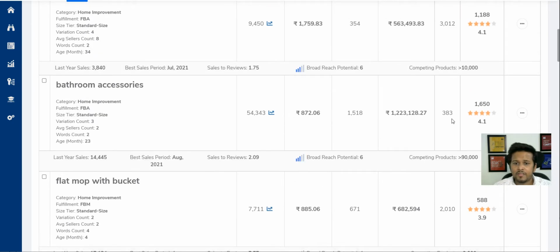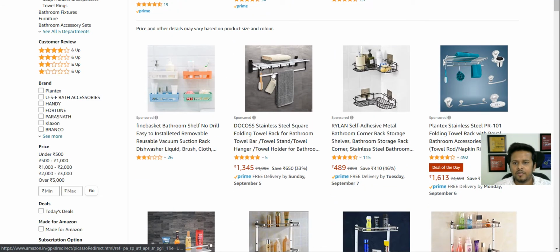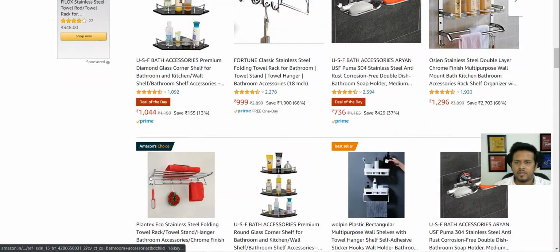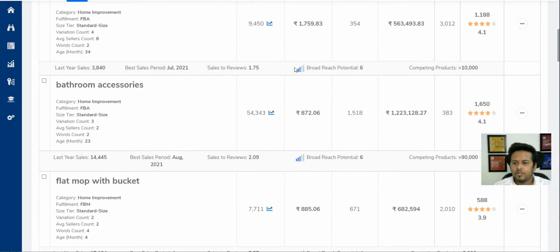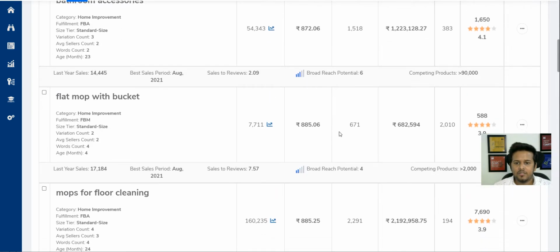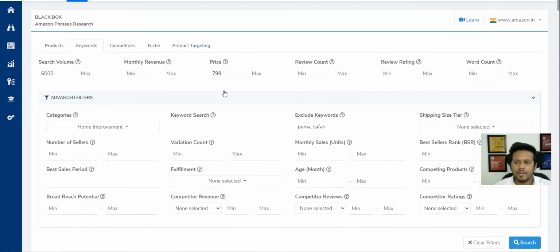Now again, bathroom accessories is a very good niche, and if I just go on there and search, you will find different kinds of wardrobe hangers, these organizers and all those things. So it's a very good niche, and I've explored that niche personally as well. So yes, a very good way of finding good products. Tells you the demand, tells you the revenue margin, and definitely tells you the market capitalization as well.